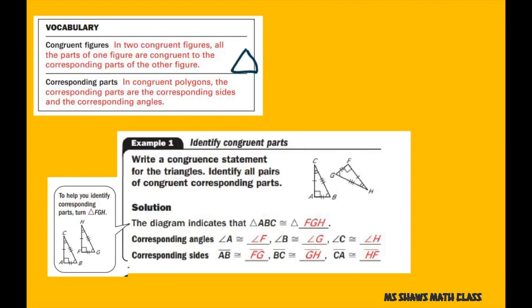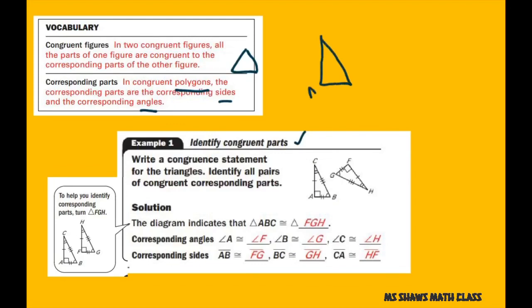So in two congruent figures, all the parts of one figure are congruent to the corresponding parts of another. And in congruent polygons, the corresponding parts are the corresponding sides and corresponding angles. So identifying congruent parts, if we have to identify it, what you do is you use tick marks. So for example, you have